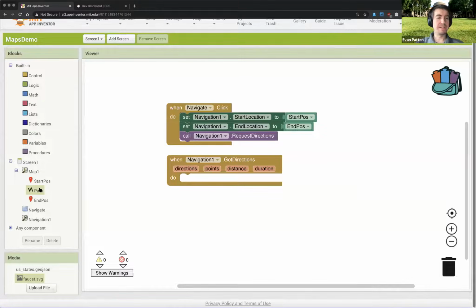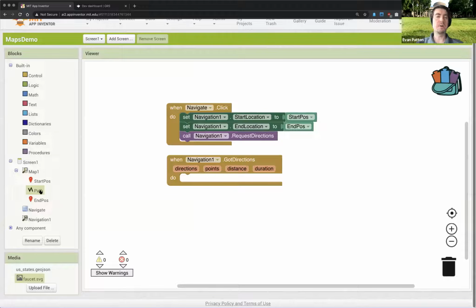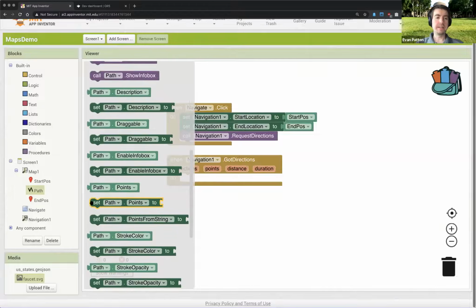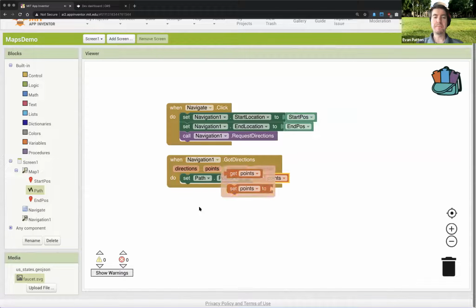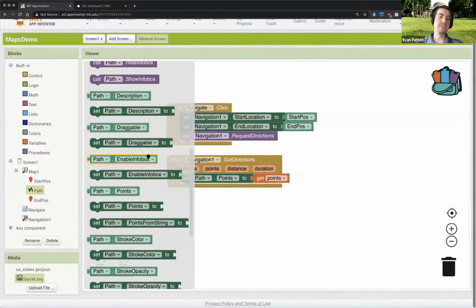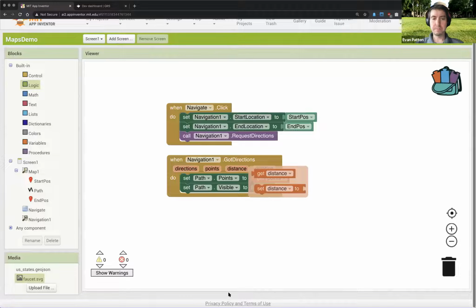For our very basic demo, all we're going to do is this path here represents our line string that we added earlier. We can take the point setter for that, and we're just going to assign our points list from the navigation system to the path. I also made it invisible to start with, so I have to make it visible as well. And now, if I switch back to my emulator,